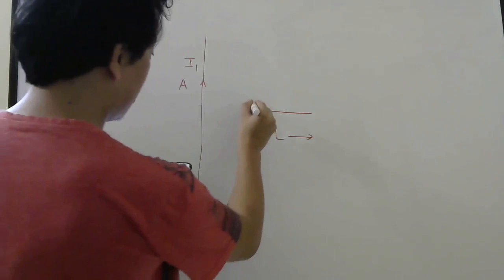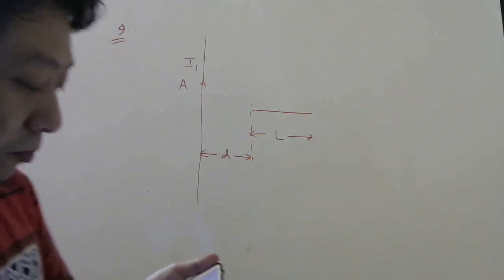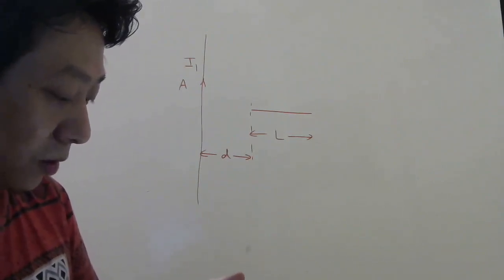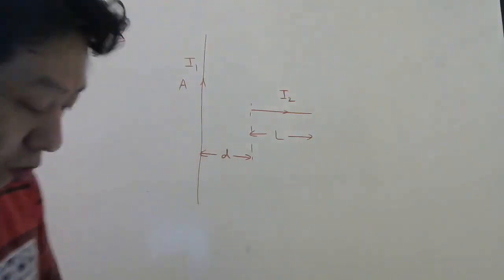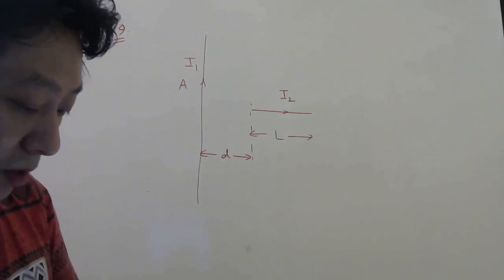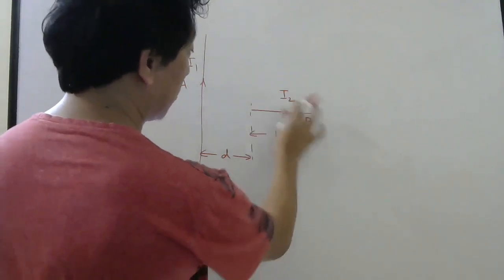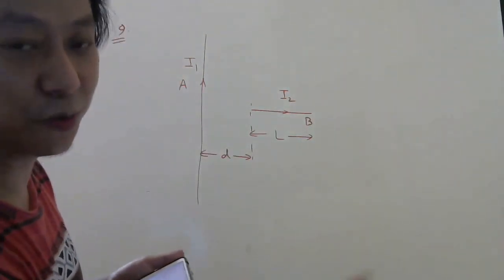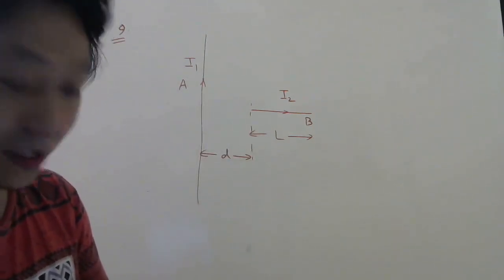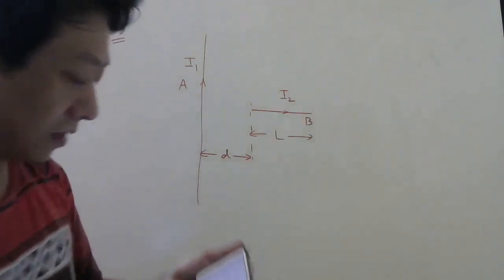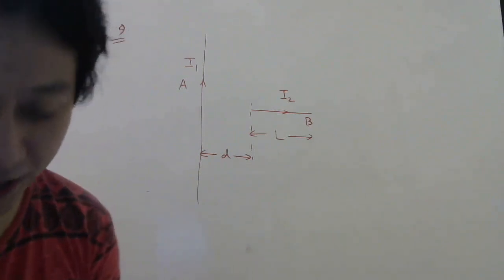And this distance they have not shown properly. This distance is b. The direction of the currents on both the wires is shown. So this carries current I2. Suppose F is the force on the wire capital B, due to the magnetic field produced by the wire A, and tau is the torque on it. Then we have to find the formula for force, and we have to decide whether the torque is clockwise or anti-clockwise.